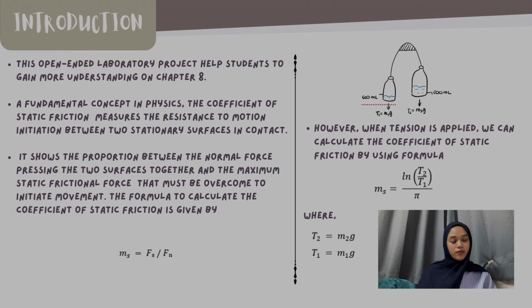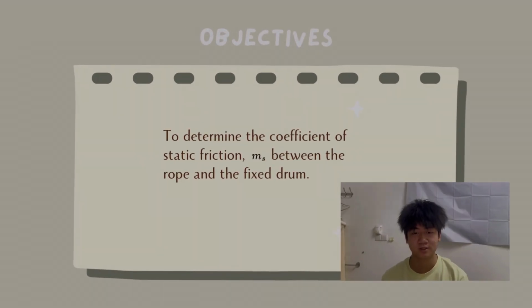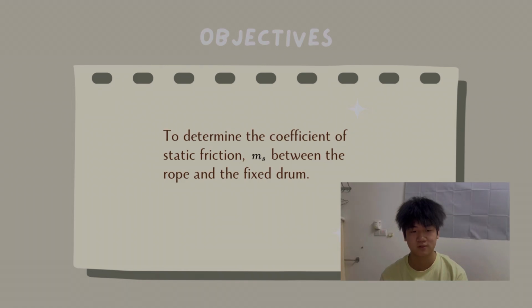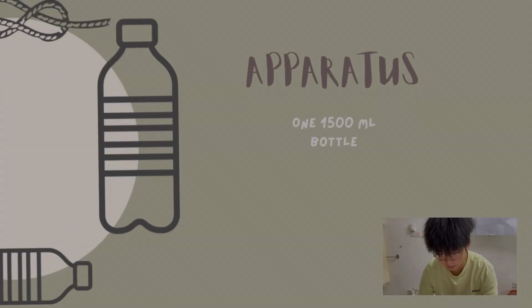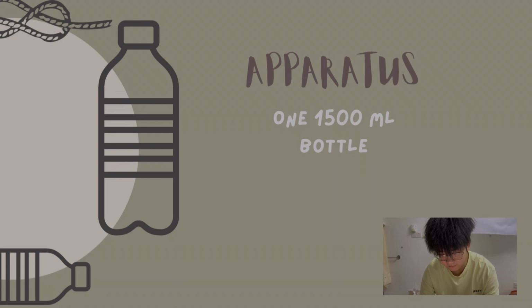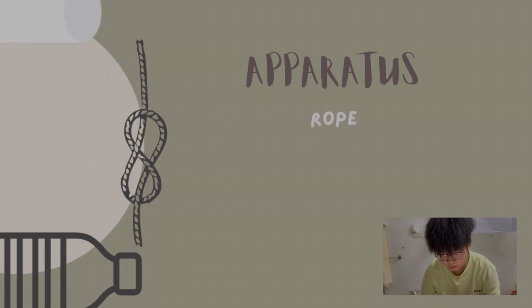To calculate the coefficient of static friction, we use the formula: the maximum static frictional force over the normal force. The objective of this experiment is to determine the coefficient of static friction between the rope and the fixed drum. The apparatus are a 500 ml bottle, a 1500 ml bottle, a rope,